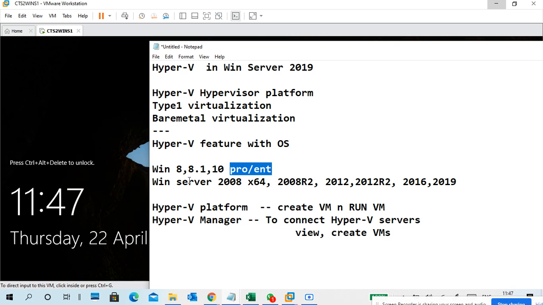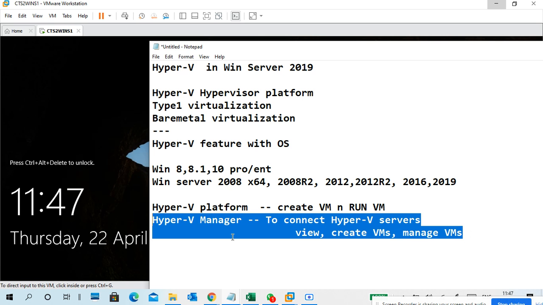Using Hyper-V Manager, we can connect to any Hyper-V server, either yourself or outside, view the server's virtual machines, create virtual machines and manage them. So this is Hyper-V Manager.